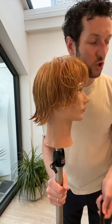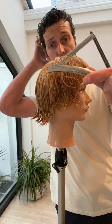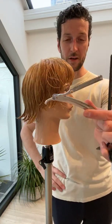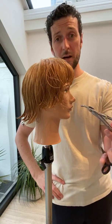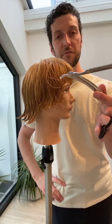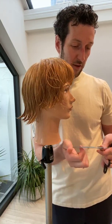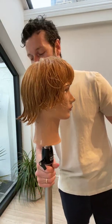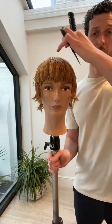The angle of the razor was square at the back, and for anyone asking about this razor, it was my mum's razor when she started hairdressing in the early 70s. It was in her first training kit when she was 15, 16, and when she retired from hairdressing she gave it to me, and I've been using it for about 15 years now. I don't know the brand, but it feels like part of my hand, so it's a really nice one. What I'm going to do now is take a central section through here,